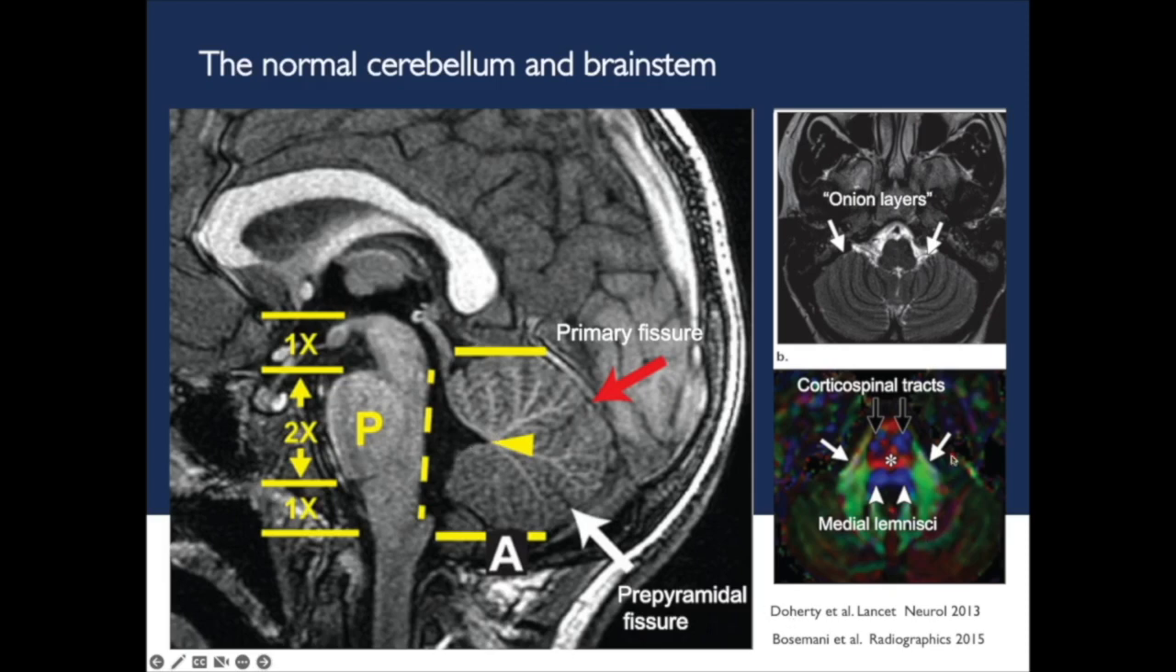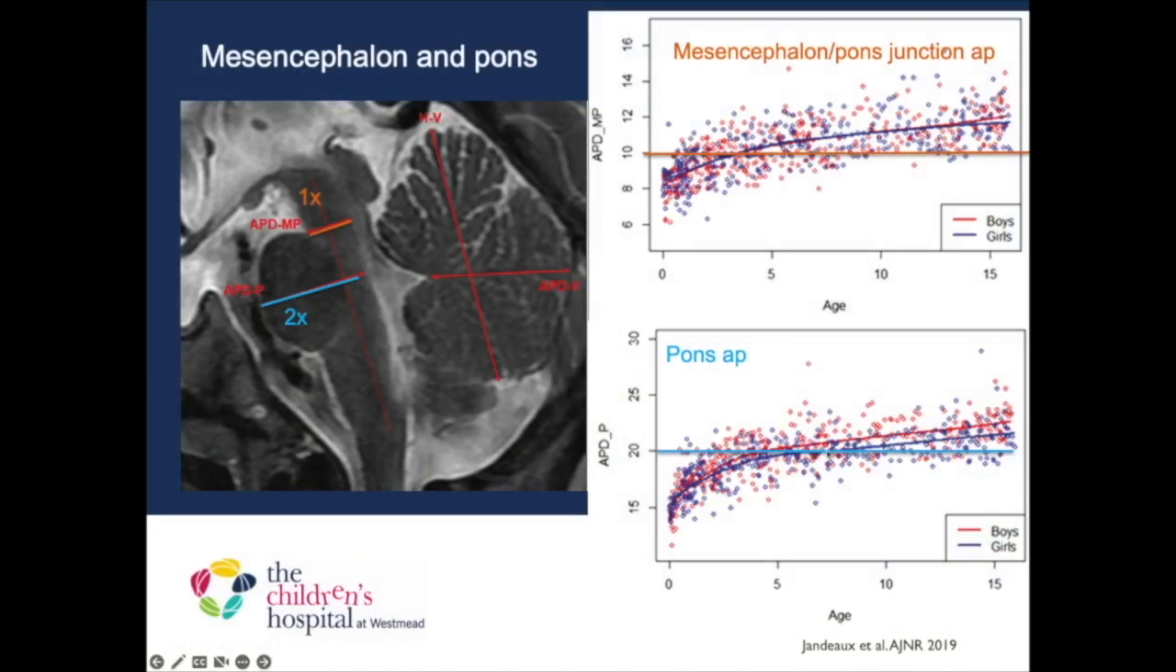And when we look on the axial images, we should see this almost onion layer sort of appearance of the cerebellar foliae. On DTI, we can see the corticospinal tracts, medial lemnisci. Obviously, there are other things that we can see, but these are the most basic ones, and then the transverse pontine fibers. Quite conveniently, the AP diameter of the pons is also about twice the AP diameter of the medulla,